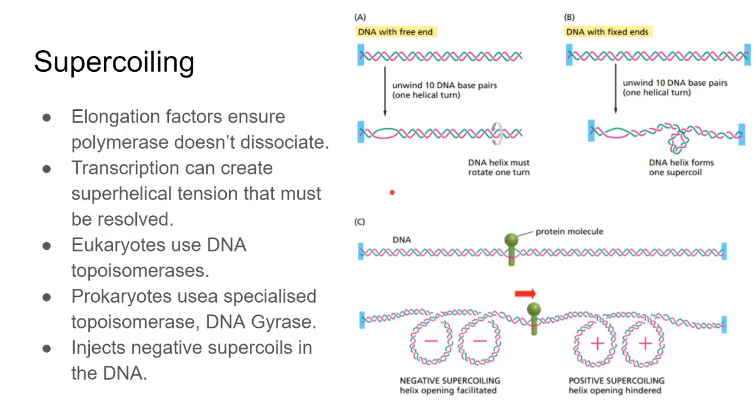Basically, you have negative supercoils being introduced by a DNA gyrase, and these negative supercoils allow the superhelical tension to be relieved. If you had no DNA gyrase, you would have positive supercoiling, and positive supercoiling stops opening of DNA strands. But if you're prepared beforehand and introduce negative coils, then when you start to open up DNA, these negative coils can take up the extra superhelical tension and resolve themselves. That's a way to resolve extra tension, and DNA gyrase maintains almost one stable level of superhelical tension.